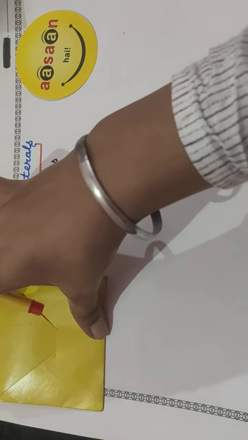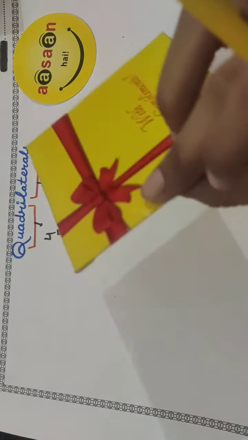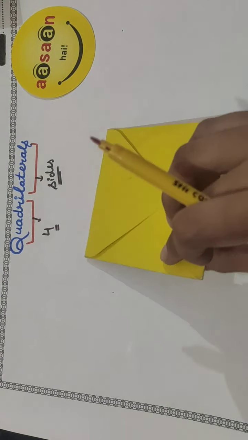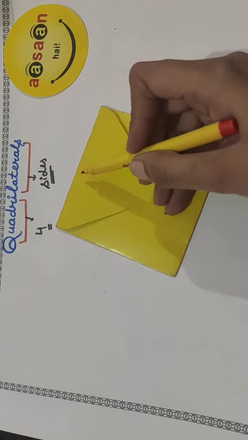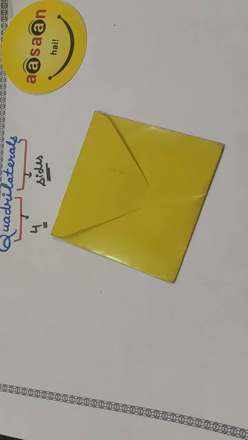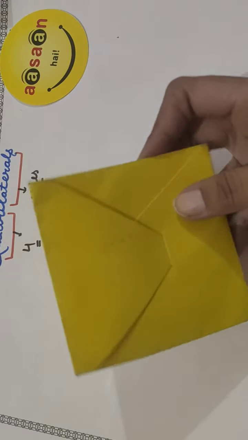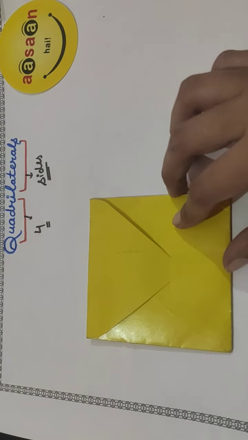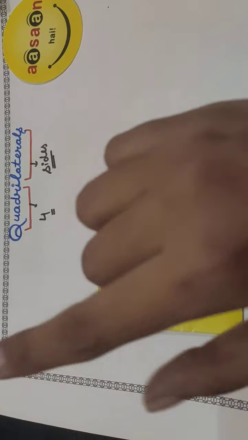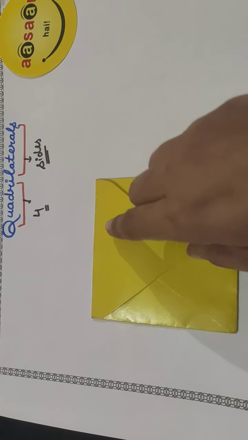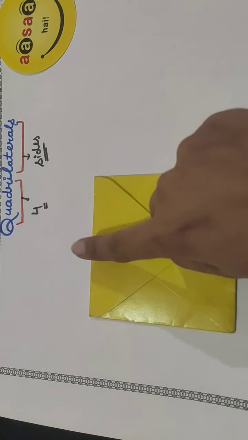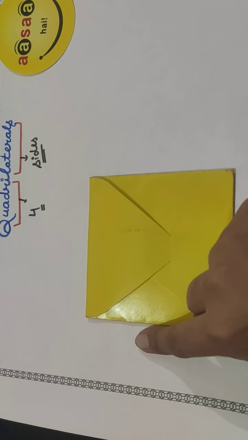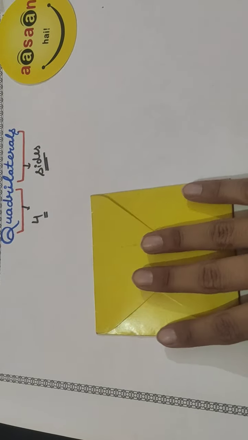Let us look at this envelope, bacha. This envelope is a closed figure which consists of the four sides 1, 2, 3 and 4. Hence this is a quadrilateral. You can see many such examples in your daily life, like your TV screen, laptop screen, all these figures which are closed figures in a plane consisting of four sides. That closed figure is known as the quadrilateral.